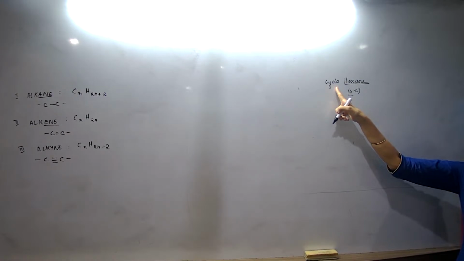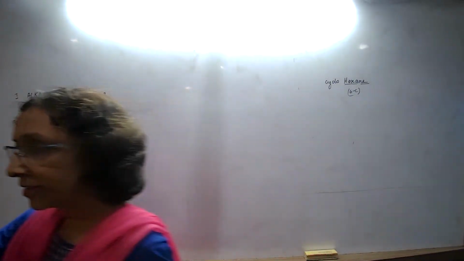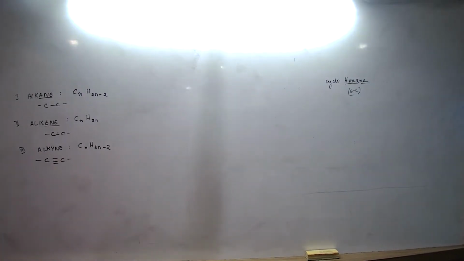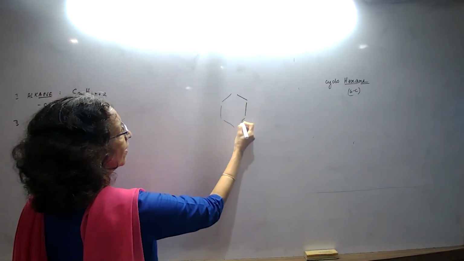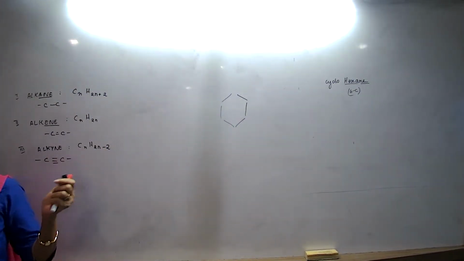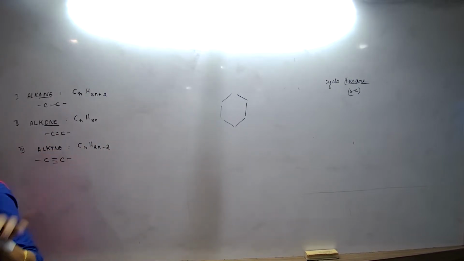Cyclo. What is in cyclo? It's like a ring. Carbons are like... You draw it like, yeah, it is correct. You show it like a honeybee, ma'am, like this. Yes, yes. Draw it like this, like a beehive. How will you draw a beehive? Yes, exactly. That's right. Draw it like this, because it's the most stable structure.